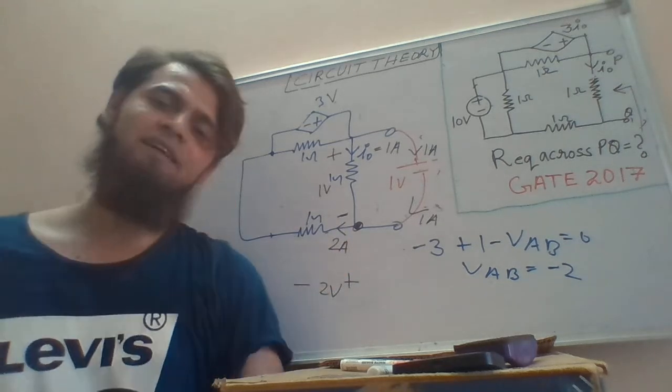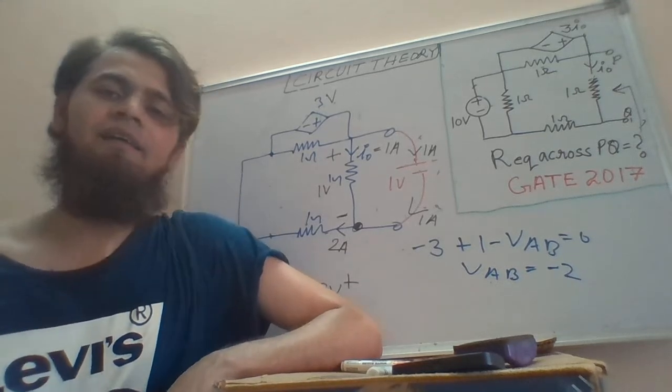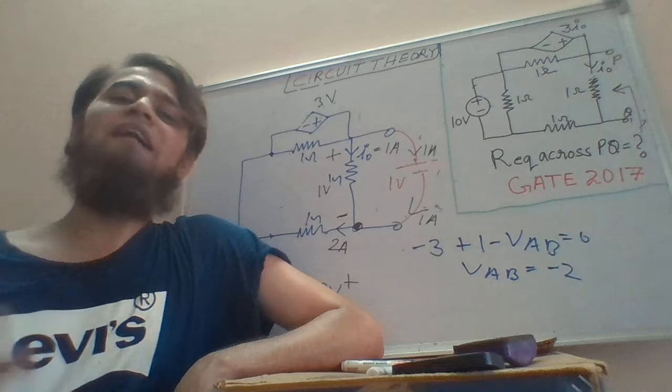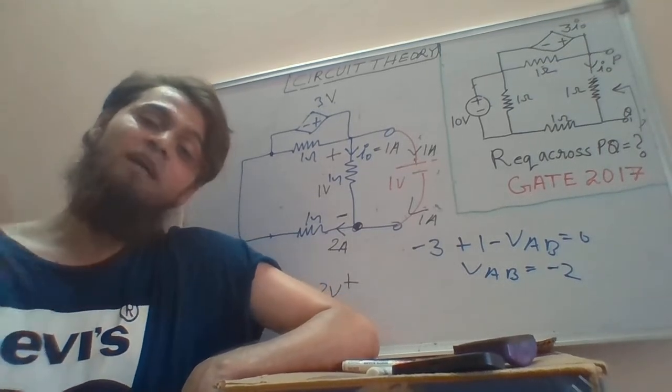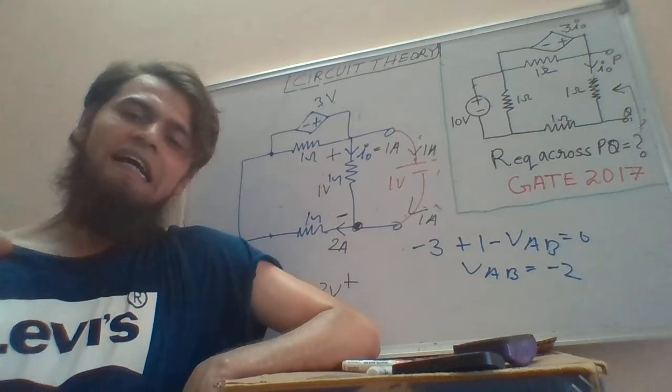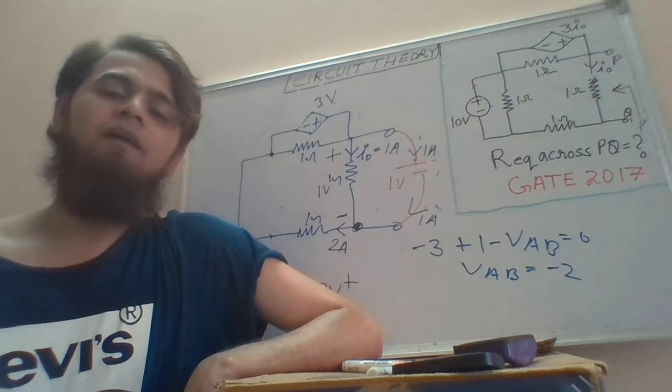Now just look at the battery. What is the current this battery is supplying? Well, the answer is that this battery is not supplying any current. In fact, this battery is consuming the current. So what is the inference of this point? What is the interpretation of this point?